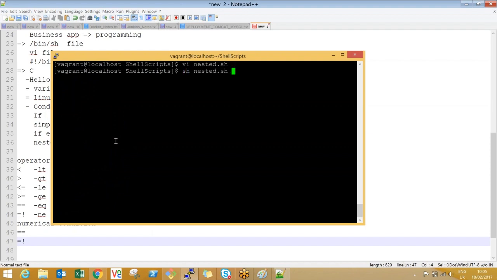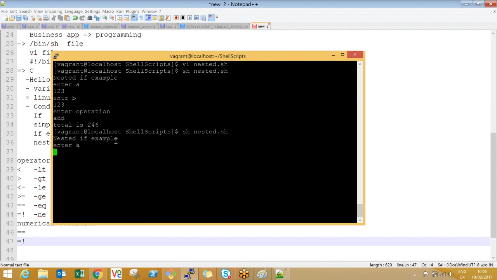Run nested.sh, enter a 123, 123. Suppose for operation I choose add. Is 246 correct? You can try one more: 768, 78, multiplication. Can you see 61,542?